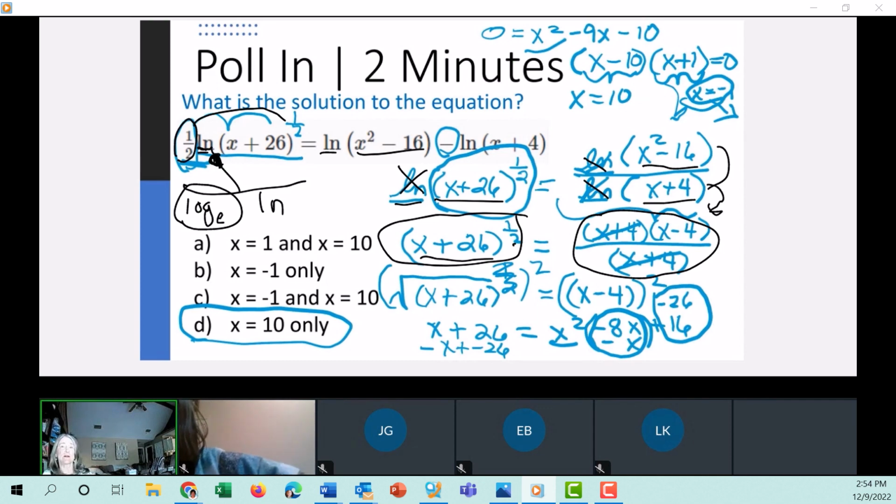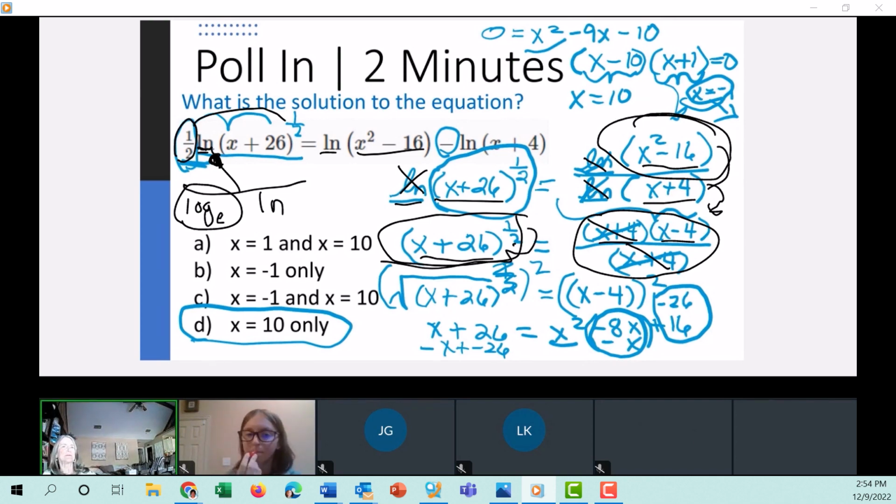Factor, this is a difference of squares on the top, into x plus 4, x minus 4. Cancel out the x plus 4. But now we've got something squared. We've got to take the square root of both sides. Oh, I'm sorry. We have this to 1/2. That's a radical. We've got to square both sides. Then that radical drops, and we get x plus 26 equals, go ahead and FOIL this out, x squared minus